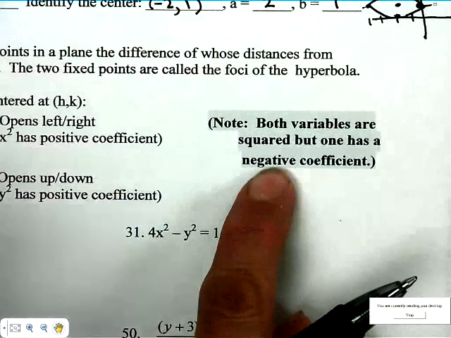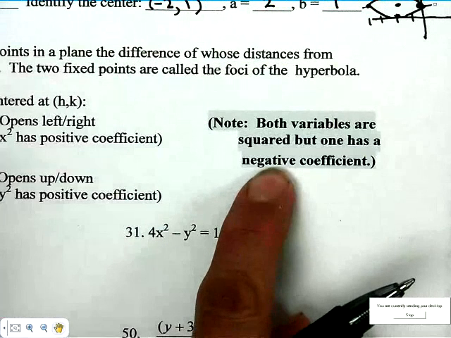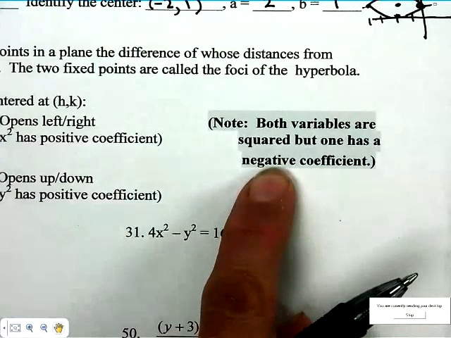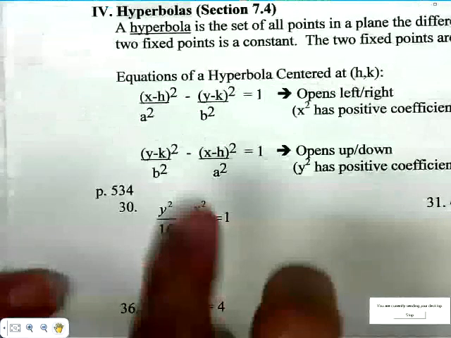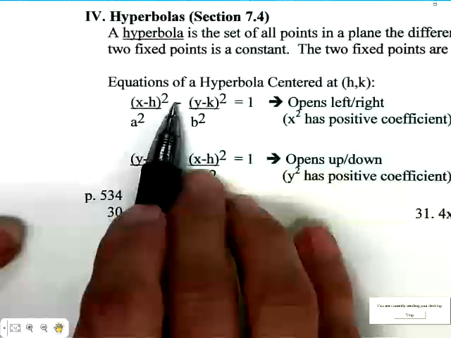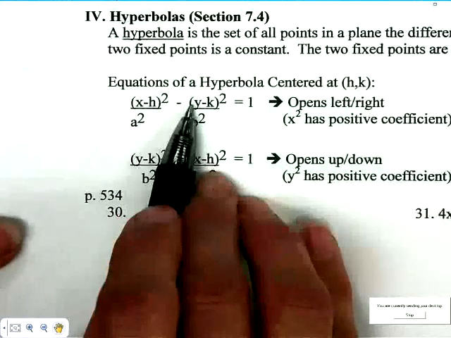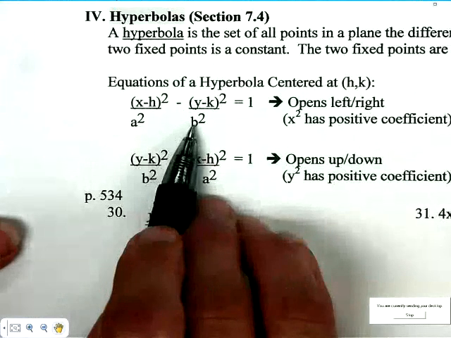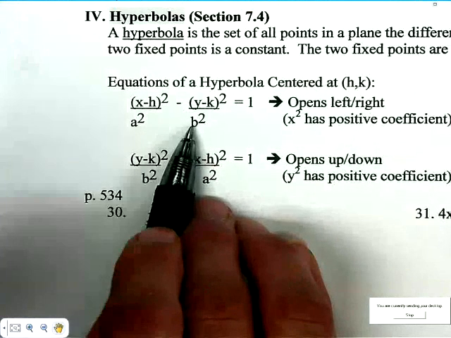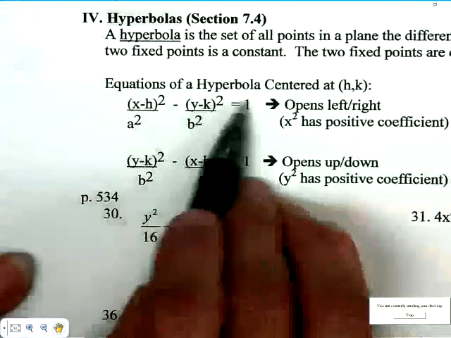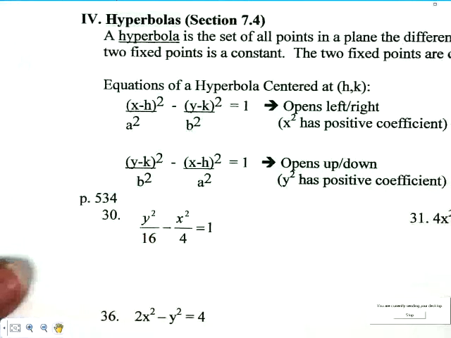Hyperbola is the only conic section where either the x squared or the y squared will have a negative coefficient. The equation looks a lot like an ellipse. If that was a plus in the middle, it would be an ellipse with center (h, k), and the a would still give you the distance left and right. The b would still give you the distance up and down from the center. You still have to get a 1 on the right-hand side in order to get that important information you need